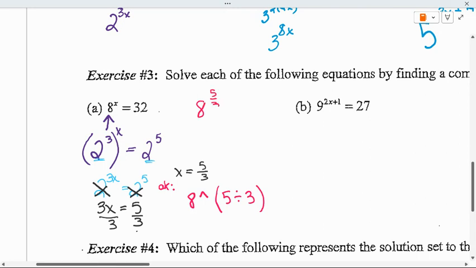Well, let's investigate that just a little bit. 8 to the 5/3. I just want to see if I can make this make sense in my brain. Because I'm not always going to have a calculator. Remember, this is the power, and this is the root. So this is the same thing as saying the cube root of 8 to the 5th power. Okay? But what is the cube root of 8? What number multiplied by itself 3 times is 8? 2. So this is also the same thing as saying the cube root of 2 to the,